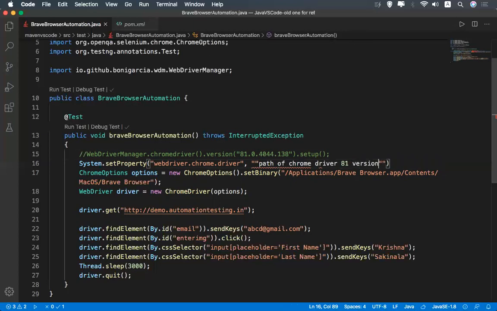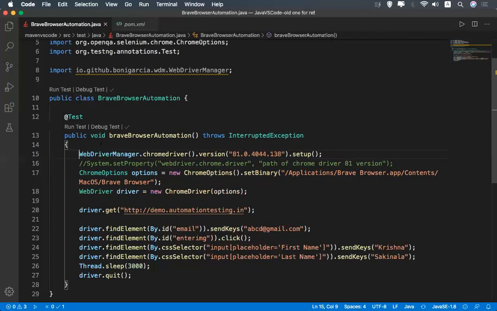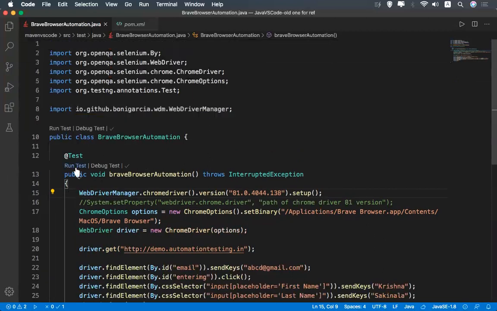Okay, so you need to mention 81, which you need to download from the official website, and you need to give the path of this one. Okay, so just remember that. As I'm using a Maven project, I'm using WebDriverManager, so I'm using this way. Okay, so now everything is ready. So I'll just run this test and see how it is executing, whether it is opening the Brave browser or not.